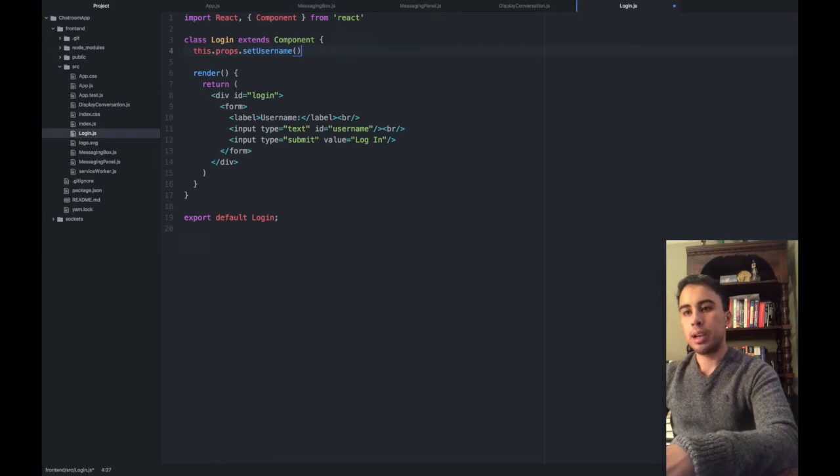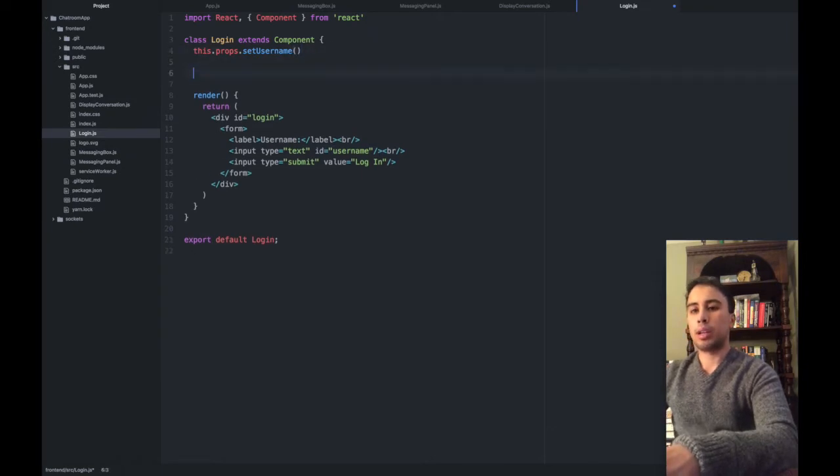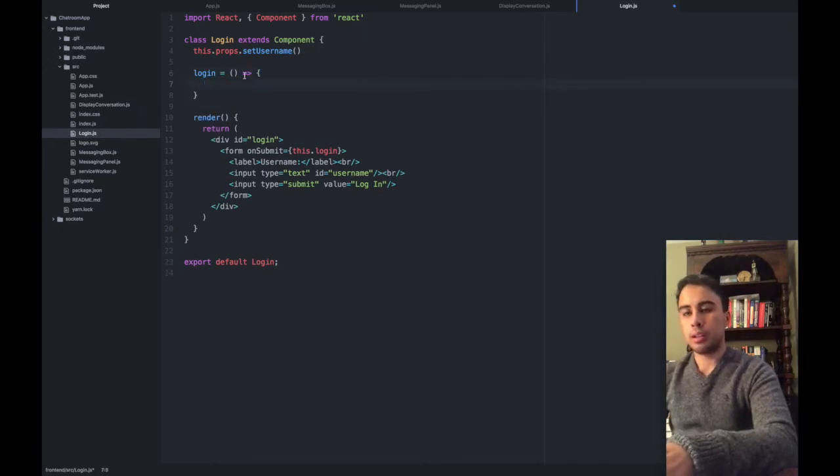And it's a function. We want to take what the value of this is down here and place it in here. And the way that we're going to accomplish that is by creating another function for an onSubmit event. So we're going to call this function this dot login. We'll call it login. And when we log in, we want this function to occur. Since it's attached to an event listener,